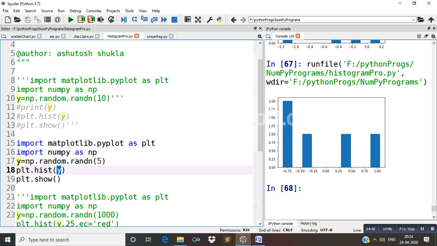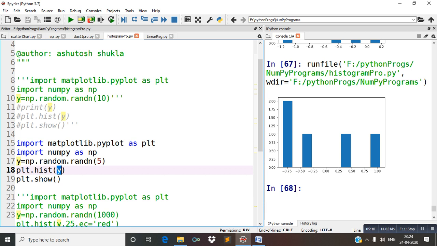Between this range 2 values, and between this range 1, so 3 values. So the total number of values is 5. We can also increase values here.